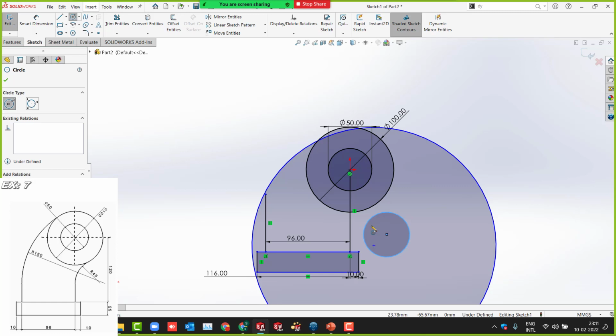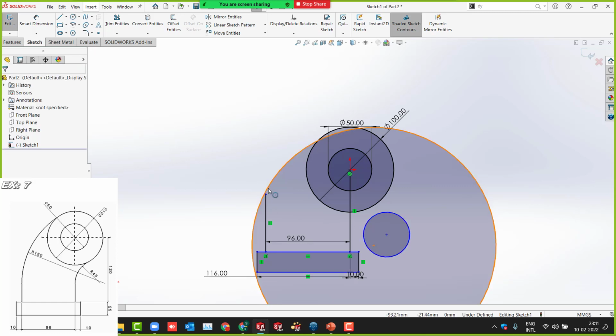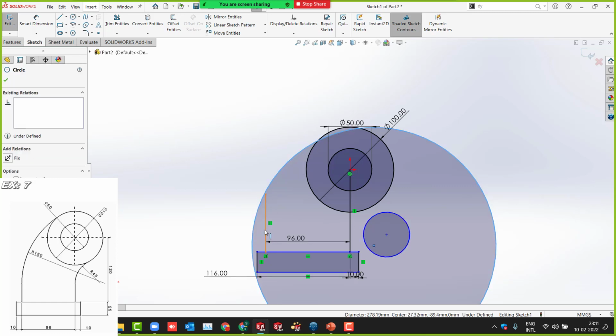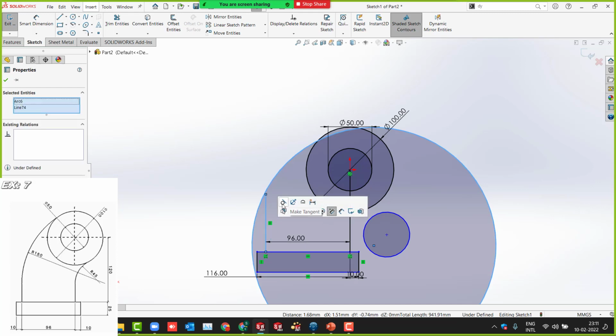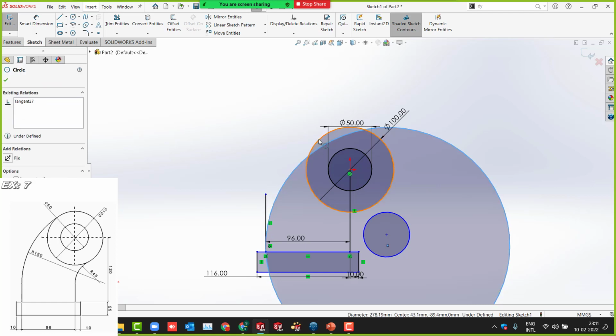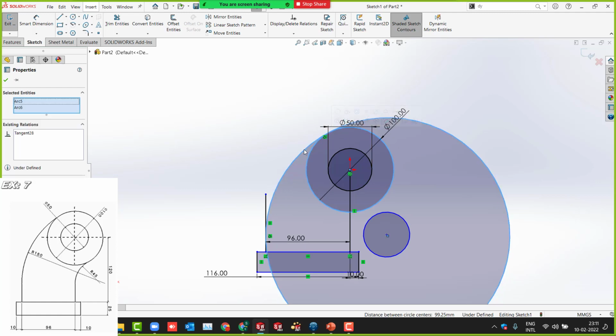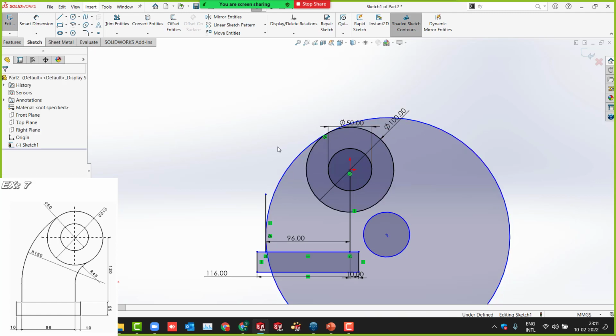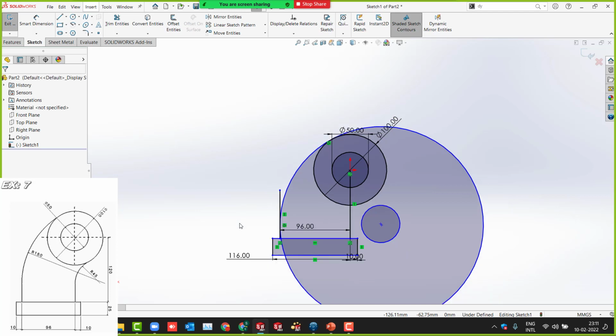Now concentrate. This circle should be tangent to this line. Define tangency. And then this circle should be tangent to this outside like this. And now what is the radius of this one?